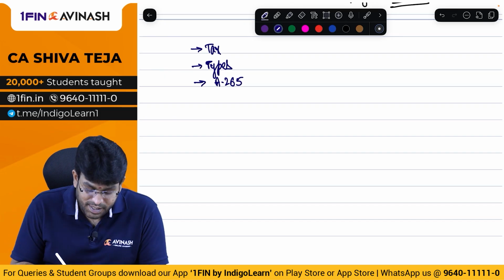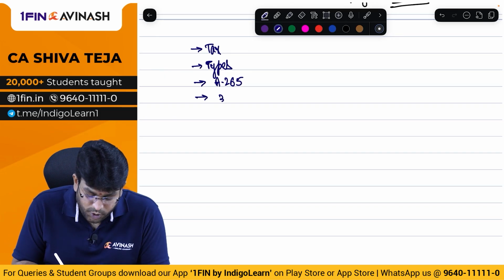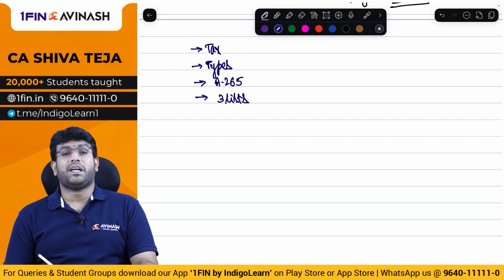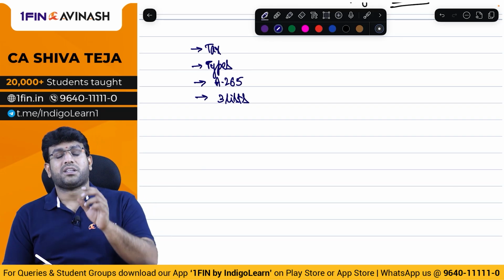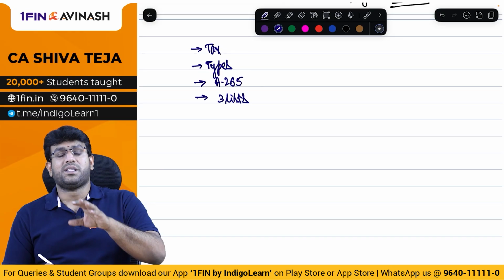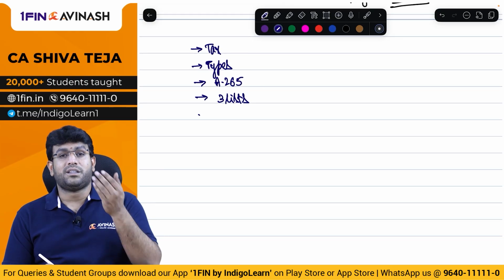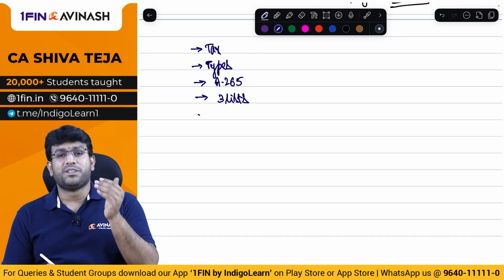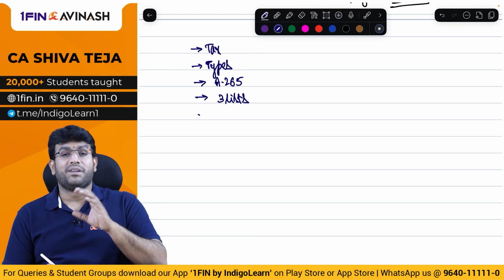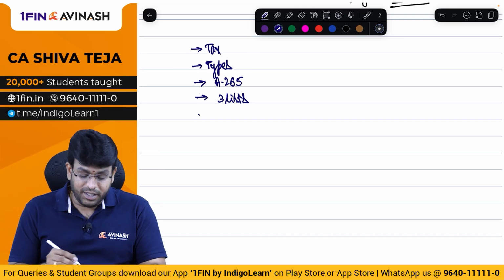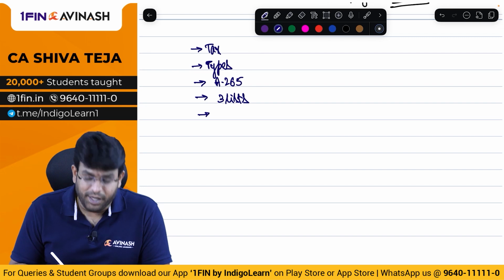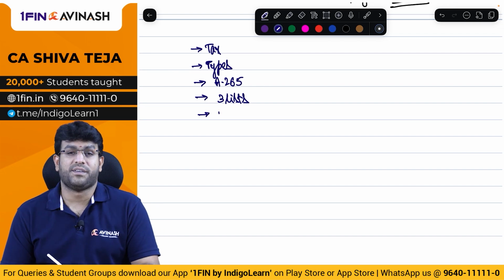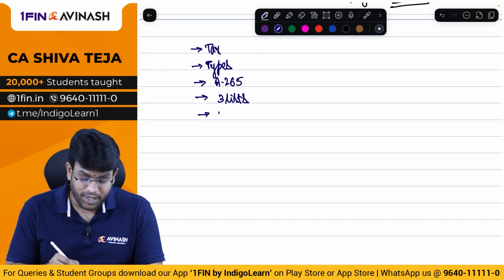Then post that we discussed that the Constitution in 7th schedule has given three lists. What are the three lists they have given? Union list, state list and concurrent list. Union list contains those matters on which power is there with central government. State list contains those matters on which power is there with state government. Concurrent list contains those matters where power is there with central and state together. And income tax is governed by entry number 82 of Union list of 7th schedule to the Constitution of India.